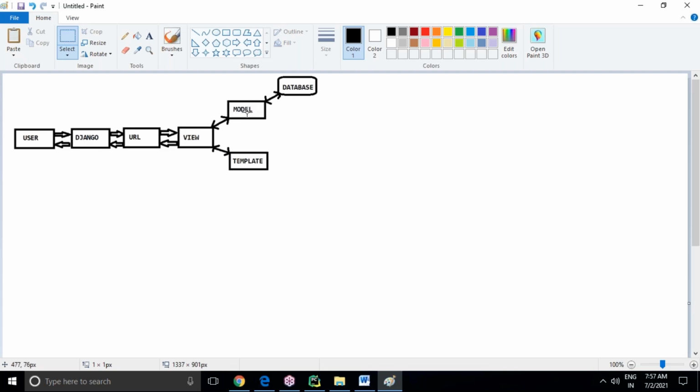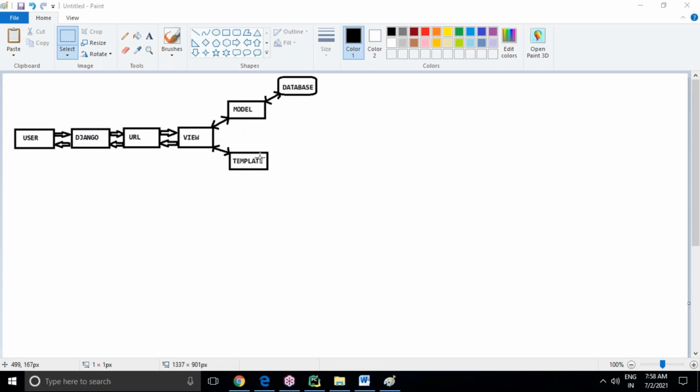So far I have not used any models, and so far I have not used any templates. Template means how to prepare an HTML page. Every time you have to run the server, or at least refresh in the browser. No need to type python manage.py runserver; just refresh and any changes will take effect. Without the server, how can I display output? The server is required, so I send a request and get a response from the server. As of now we discussed only views, URLs and user requests, but models and templates have not been included.